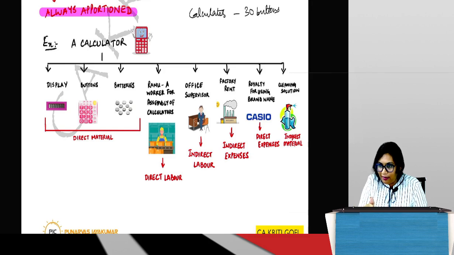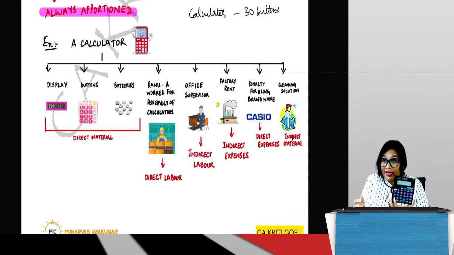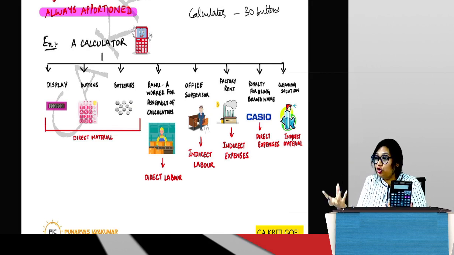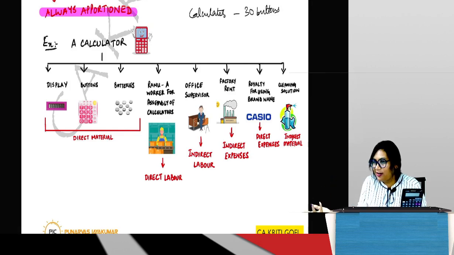Yes, it can't be labor. Can cleaning solution be labor? No. And it can't be other expenses also, because we don't know. Is it rent? Is it electricity? Is it water? No, it is material, right? But is that material being used in the manufacture of this particular product? Can I identify the cleaning solution cost on a per unit basis? No, right? Because there is no set method of using the cleaning solution also.